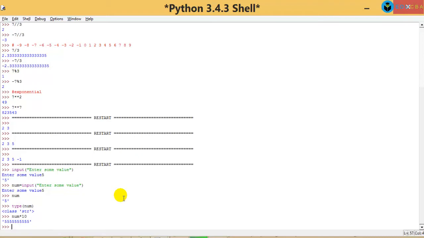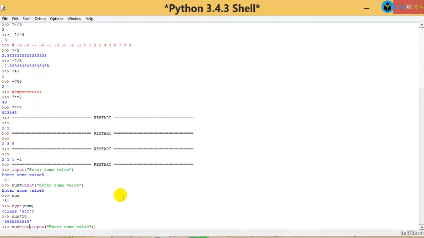If I want to go to an earlier command from IDLE, instead of typing the entire thing out, I can press Alt+P, which is going to give you the previous value. Now when I save this input to num, it is going to be saved as a string, but I want to save it as an integer, which means this entire string needs to be converted into an integer.